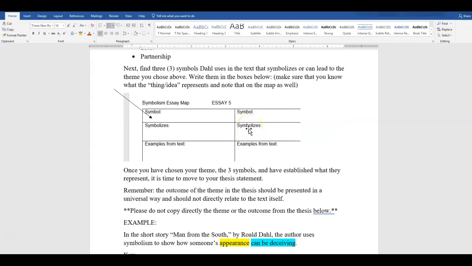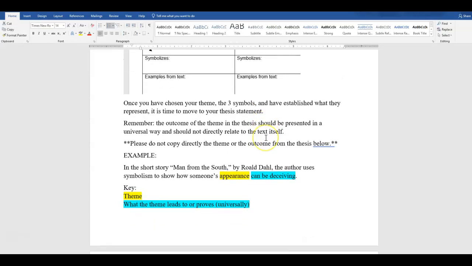Once you have chosen your theme, the 3 symbols, and have established what they represent, it's time to move to your thesis statement. Remember, the outcome of the theme and the thesis should be presented in a universal way and should not directly relate to the text itself. Here is my example. Please do not directly copy the theme or the outcome. In the short story Man from the South by Roald Dahl, the author uses symbolism to show how someone's appearance can be deceiving. So again, the theme is highlighted in yellow, and then what the theme leads to or proves